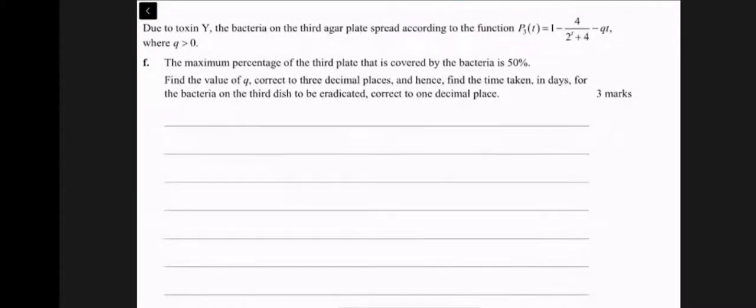Oh, and so now we have a third toxin, and it's asking to find the value of Q and the time taken for the bacteria on the dish to be eradicated. So that's when,